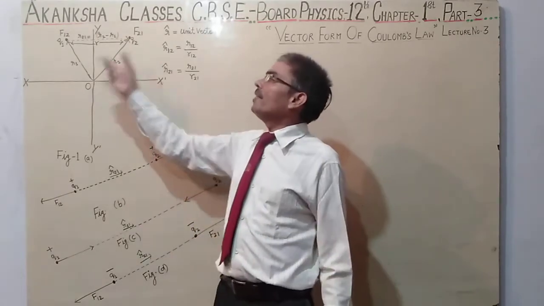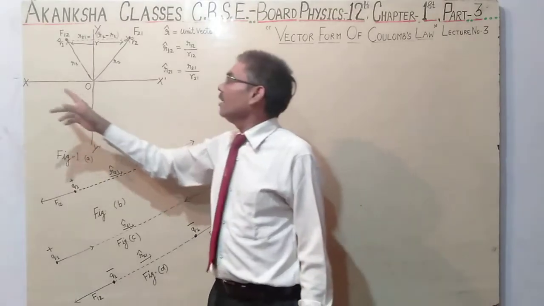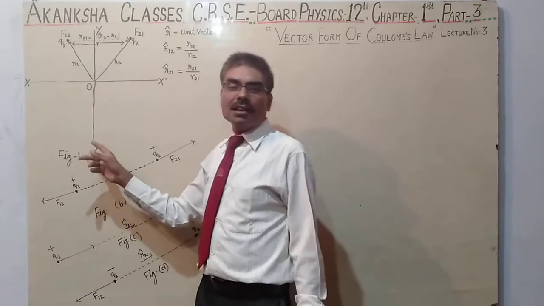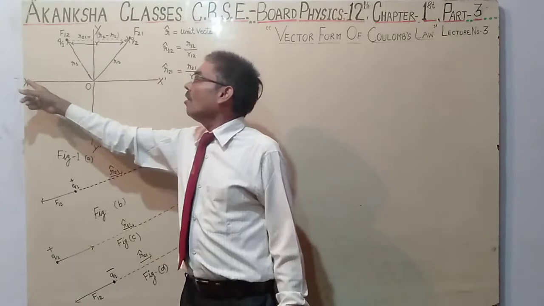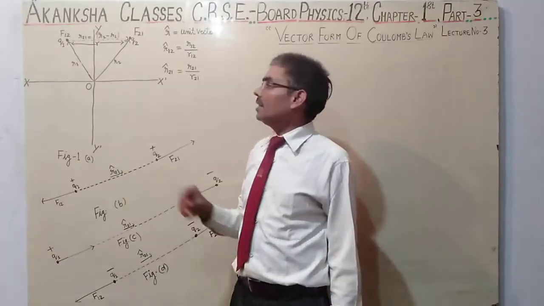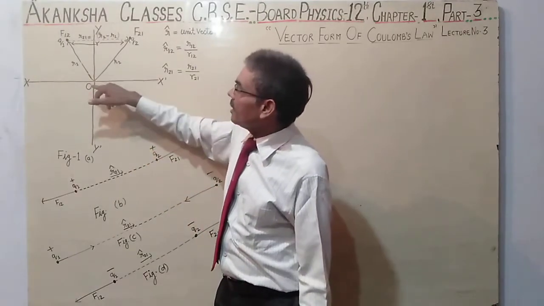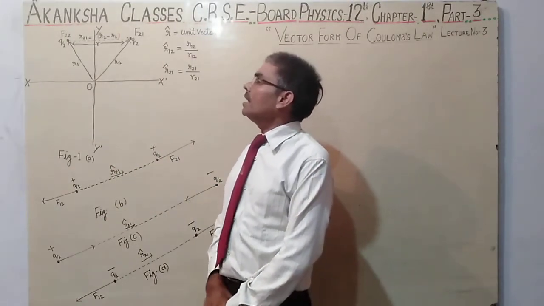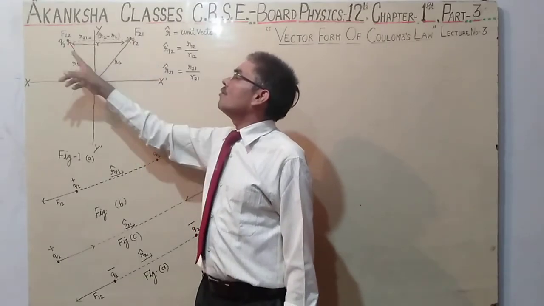Suppose they were kept somewhere in a Cartesian plane and we first plot the two axes, the vertical line is the y axis, while the horizontal line is the x axis, that intersect each other at 90 degrees. The intersection point is known as the origin. Students, first we join the origin to both the charges Q1 and Q2.